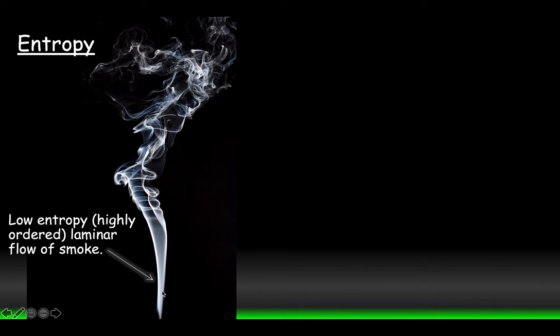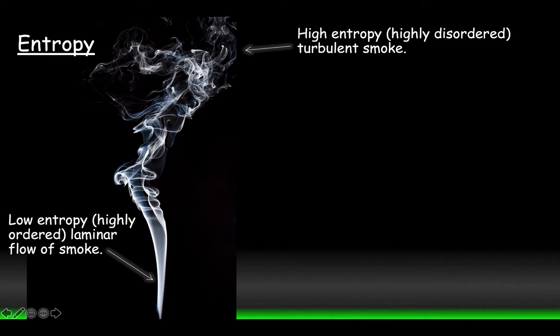However, later on, as the smoke particles rise higher and higher, these smoke particles become turbulent and their motion is much more random. So we went from a very highly ordered state where we have a laminar flow of the smoke to a very disordered state where we have a very turbulent motion of our smoke particles. Now, if you watch this, whether it be in this picture or you watch something burning and you watch the smoke rising up, you might notice something interesting occur in this highly turbulent region.